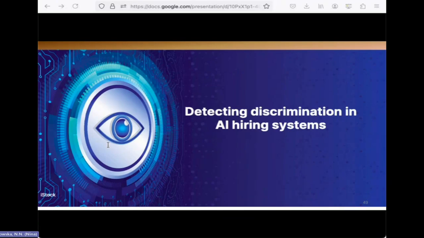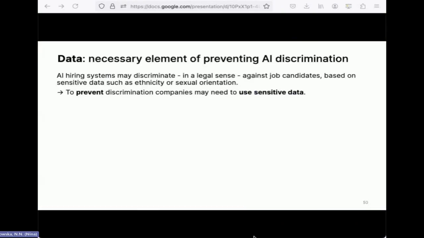So we are entering a new chapter. If we already know what discrimination is, the next question is, what are the legal rules, how to monitor discrimination? And I'm not going to talk about any technical measures, because this is not my expertise, and I will leave it to my colleagues from the computer science side. But I will focus on the legal perspective, because we do have some legal requirements and also some constraints in law that we have to take into account when we are trying to detect